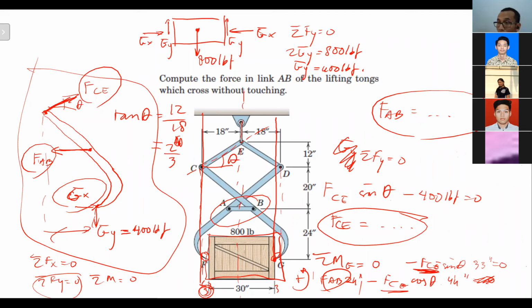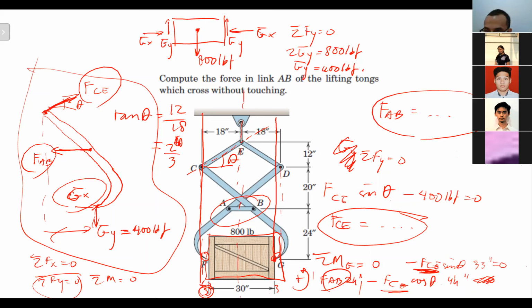Sir. Who's this? Adam, yeah. Instead of using sigma M, are we allowed to use sigma Fx? Yes, of course. Any equation is allowed, because sigma Fy looks easier. Yeah, sigma Fx, sigma moment is okay. But